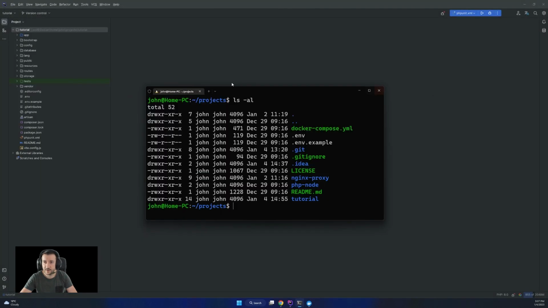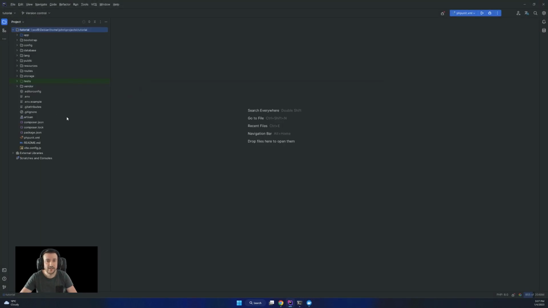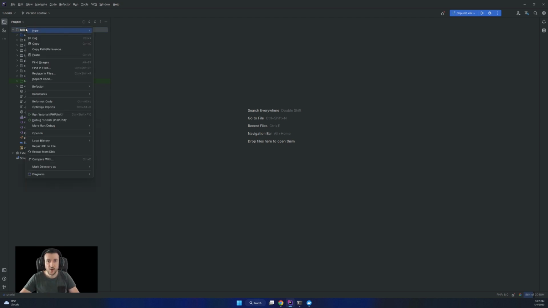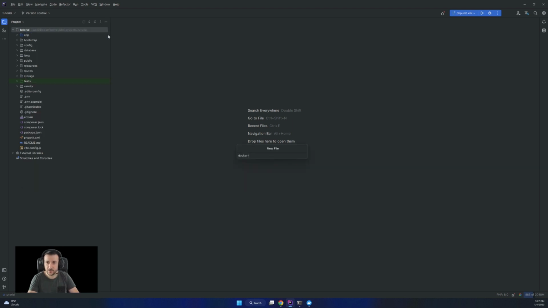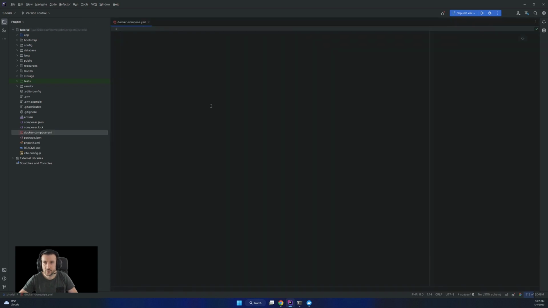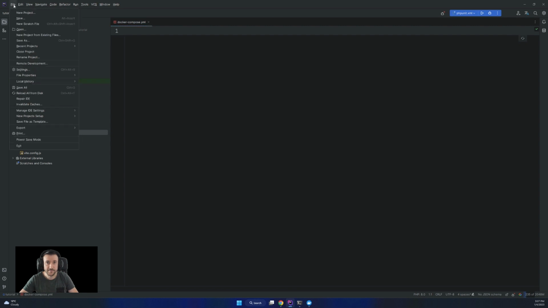But now, let's start building the Docker configuration for our tutorial. We want to create a new file, and that file will be a Docker Compose YAML file. So we create this file. I make it bigger so you're able to see everything.